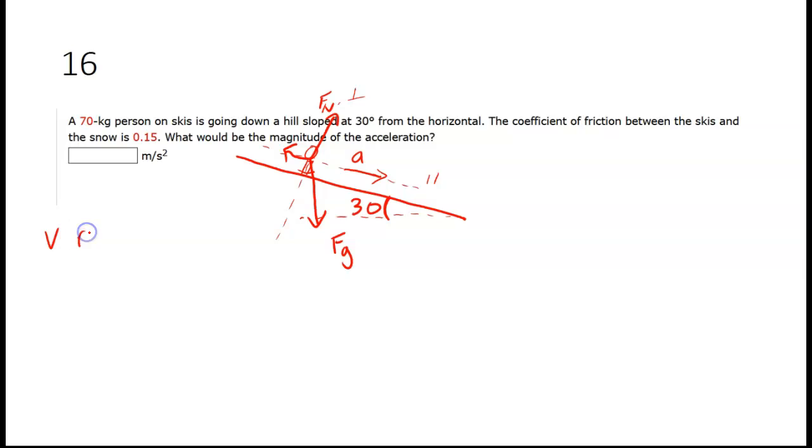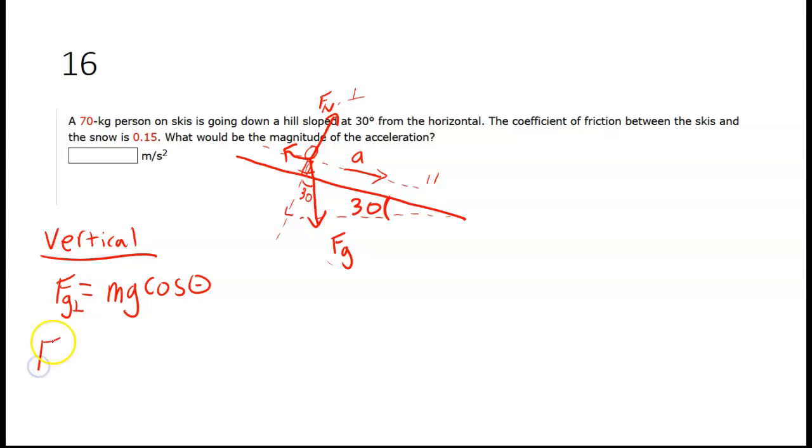In the vertical direction, I can see that this component of gravity, given that this is the same 30-degree angle, if Fg is the magnitude of my force of gravity, then Fgy, or Fg perpendicular, is going to be equal to the magnitude of my force of gravity times the cosine of theta,